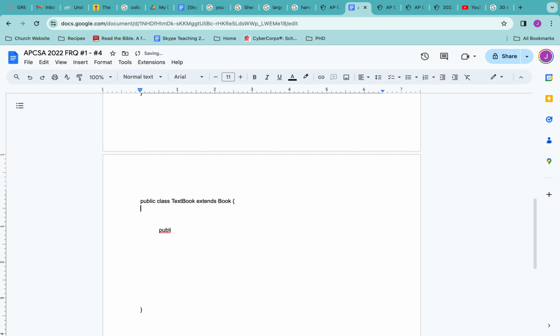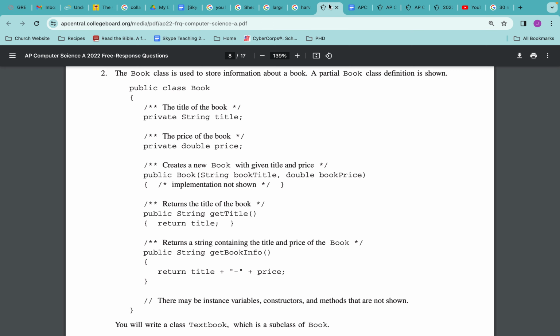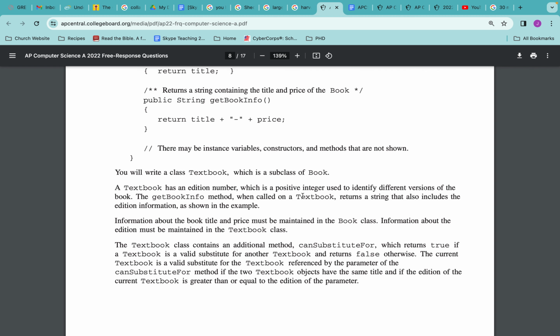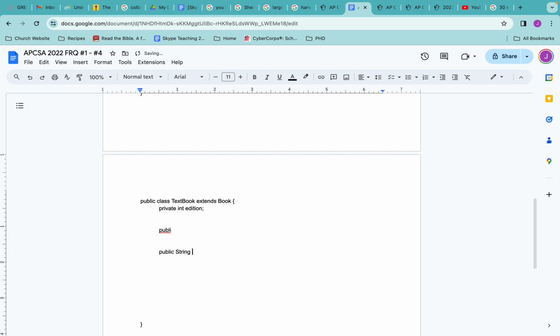I also need to go ahead and start writing my instance variables. Private int, this was a positive integer edition, okay? And I know that there's some other methods. Public, I need to go back. What was it called? String getBookInfo. It returns a string. Okay. String getBookInfo. Okay. This is going to override the method written in the Book class, but I am going to need